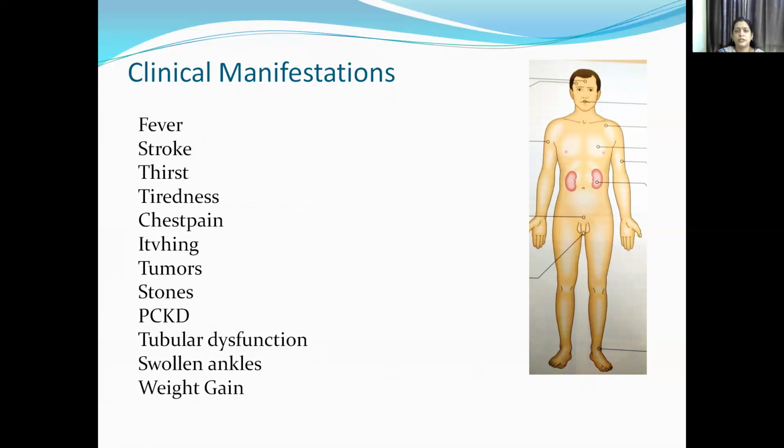Tubular dysfunction. Tubular dysfunction can occur with a lot of toxin accumulation, or if there is a tubular injury because of bacteria or virus, that can cause tubular dysfunction. And there can be swollen ankles and weight gain. The swollen ankles and weight gain are usually because of fluid accumulation. So basically, the kidney forms the excretory organs, so whatever gets retained will cause an effect on the